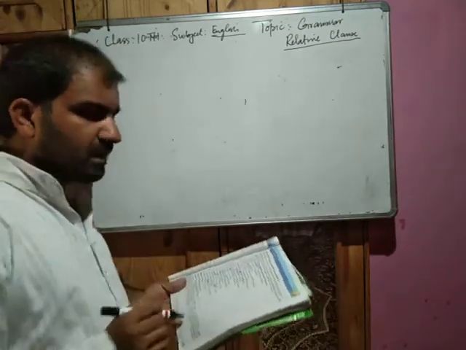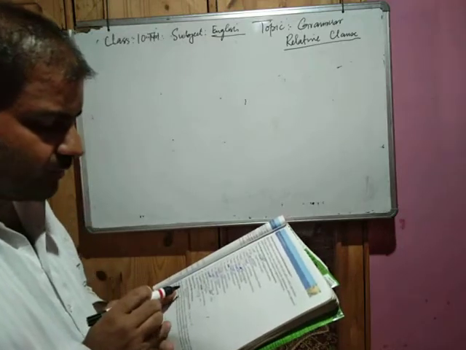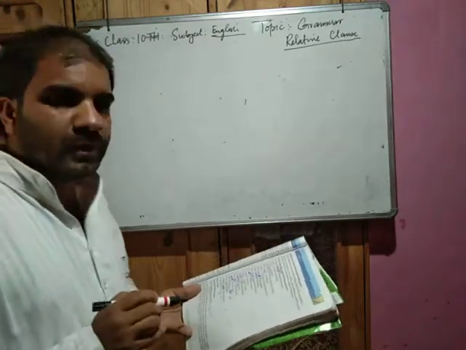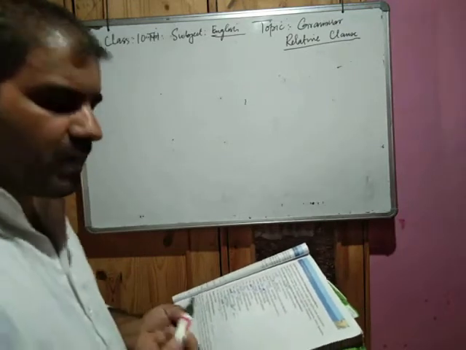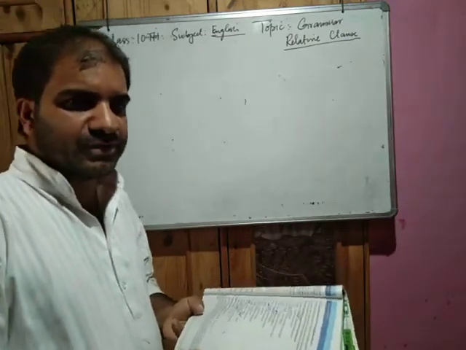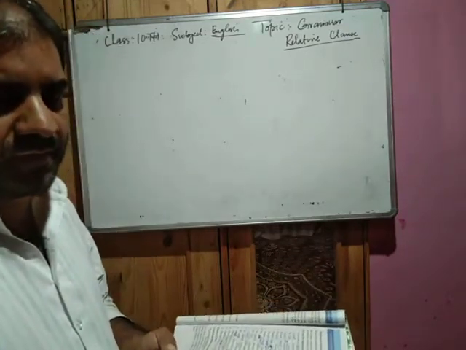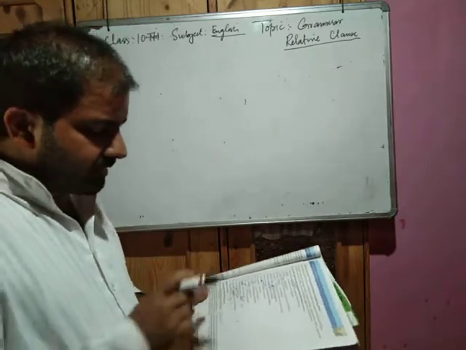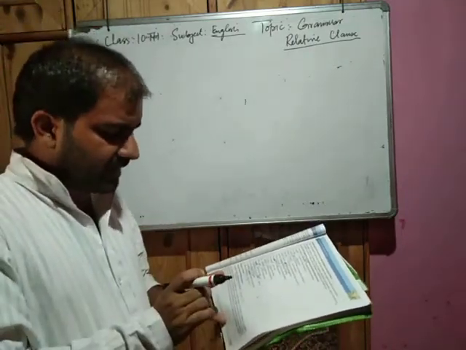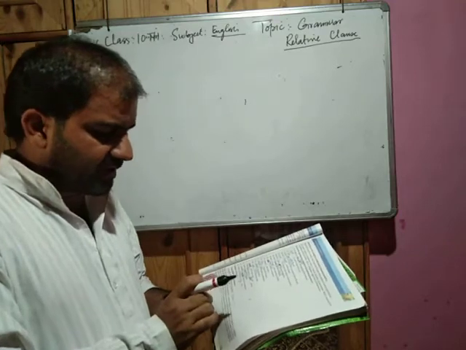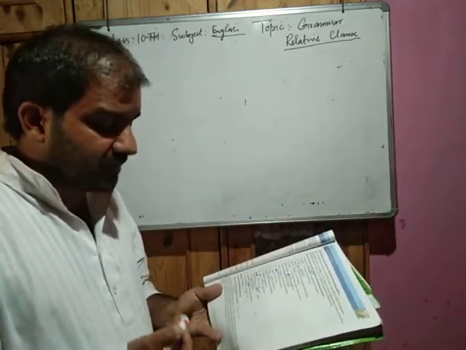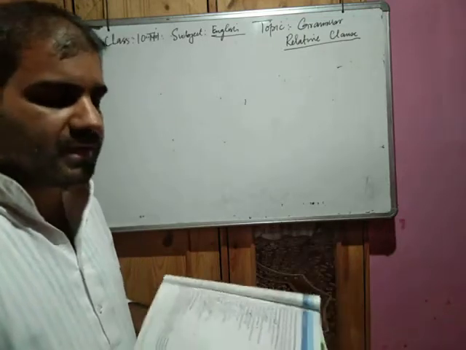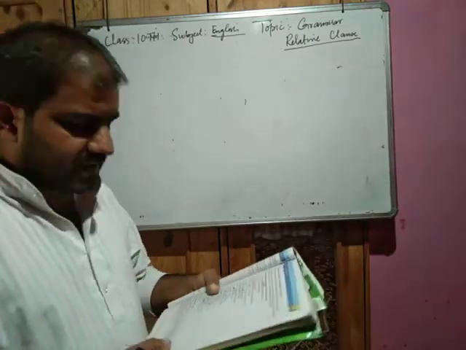What is a relative clause? The relative clause is here: who was sleeping. If we write here just "The girl was punished," लड़की को सजा मिला. लेकिन यहाँ इसके बीच में जो इजाफा किया गया है, there is additional information about the girl: the girl who was sleeping was punished. जो लड़की सो रही थी उसको सजा दिया गया.